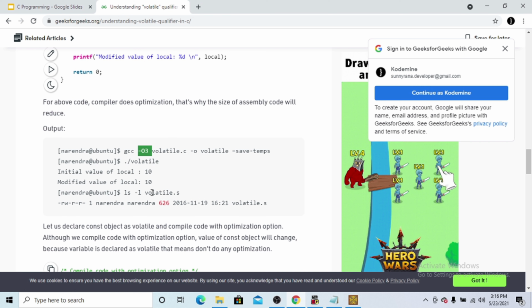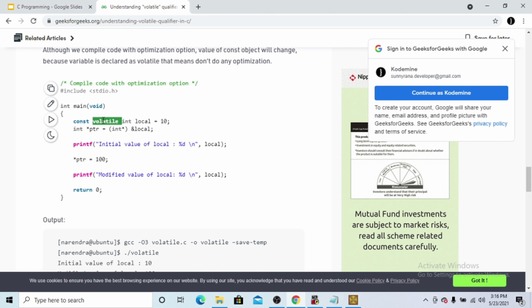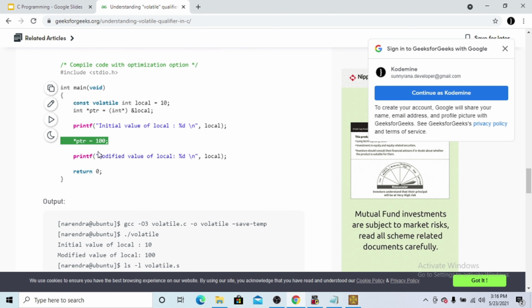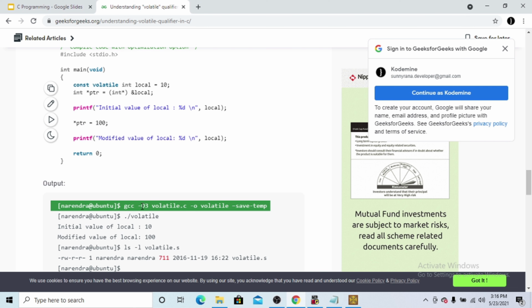So what do we do to change the value during optimization? We use volatile here. That is the catch. When we are changing the value indirectly, and we want to change that value under optimization also, you can see here that we are able to change the value.